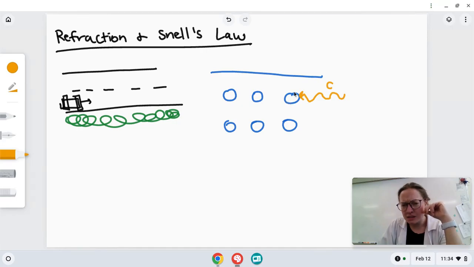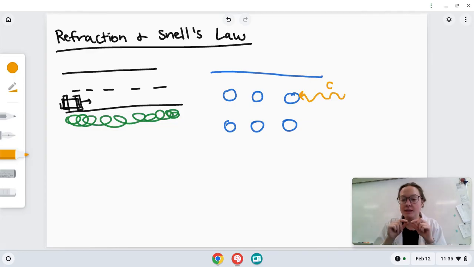But then when it gets to this water molecule, it's going to spend some time hanging out here. In fact, it's going to get absorbed by the water molecule and then spit back out again and continue on its merry way. Now, students often ask, okay, Ms. Wilson, what do you mean it's going to get absorbed by the water molecule and then spit back out? Well, the truth is that